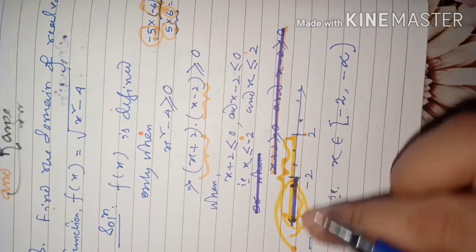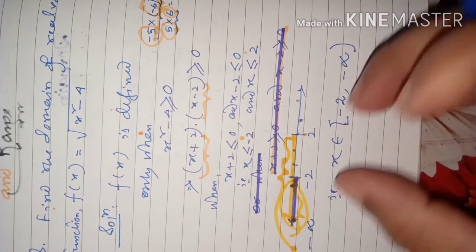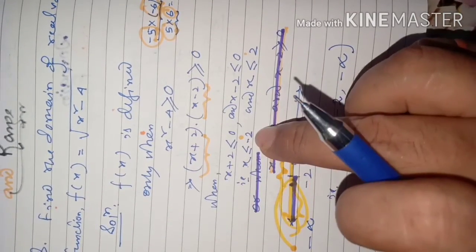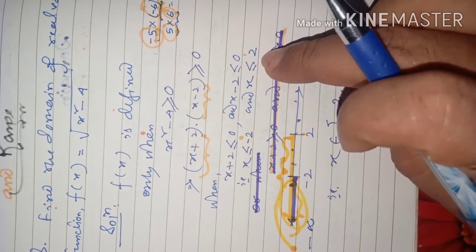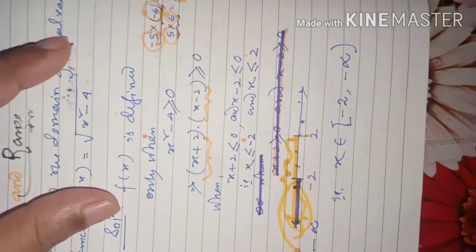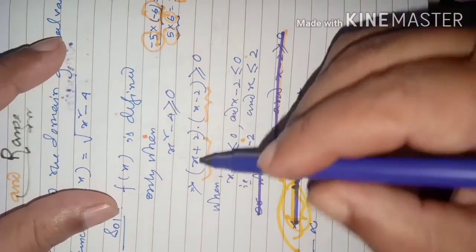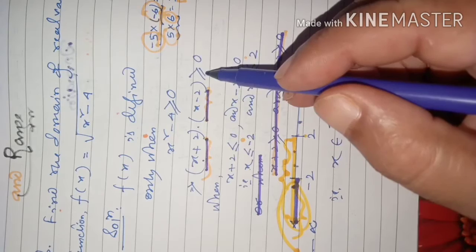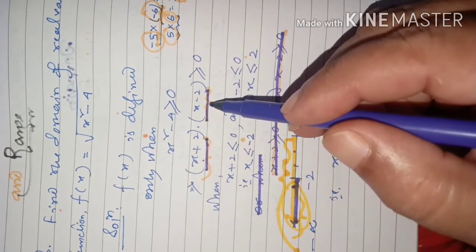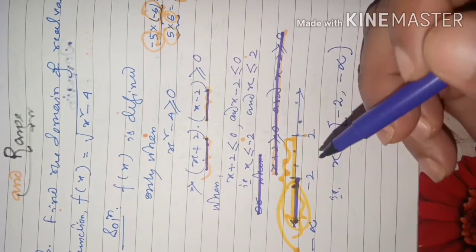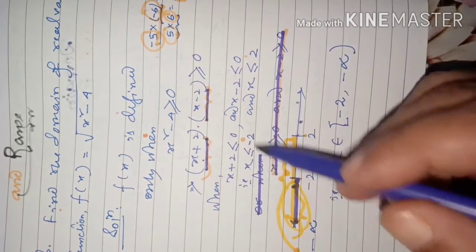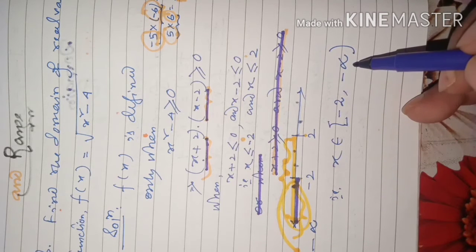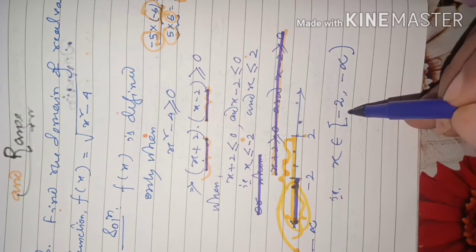So minus 2 and that minus infinity, the whole set is represented by these two statements: x less than or equal to minus 2 or x less than or equal to plus 2. Now let us think about the other point that I told you. The product of x plus 2 and x minus 2 should be greater than 0. Both can be positive, and then also the product will be greater than 0, or both are negative. When both are negative, we realize that x is between -2 and minus infinity, including -2.